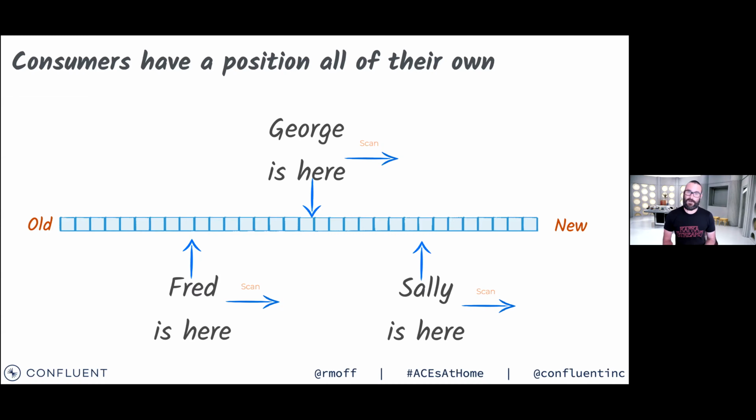And someone else comes along and they start reading from it and then they make a mistake in their processing. Or they're taking the data and pushing it down to another system. Someone makes a mistake on the target system, it crashes, they need to rebuild it. That consumer just comes along and says, oh yeah, I read to this point last time, actually I'd like to rewind to midday yesterday and reprocess all of that data. Or rewind to the beginning of the topic and take all of that data again. So the consumers are independent of each other. The consumers are independent of any behavior and deletion of messages.